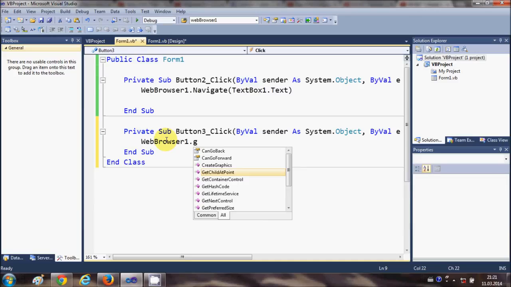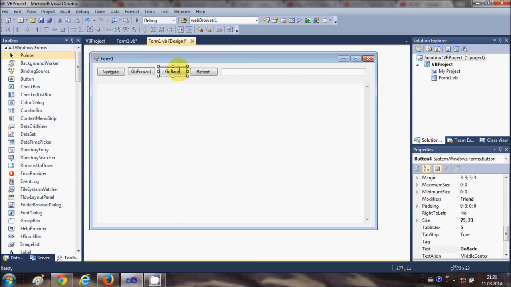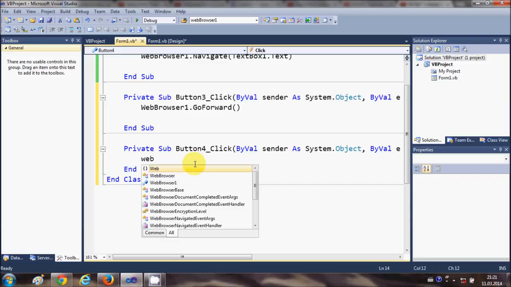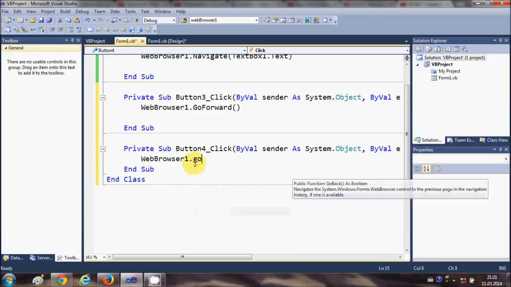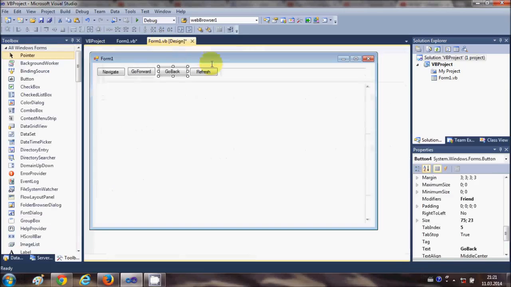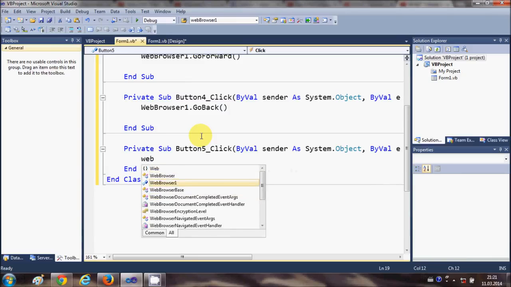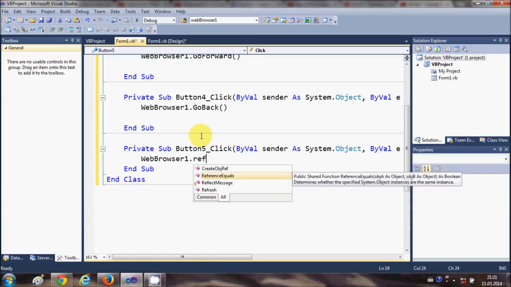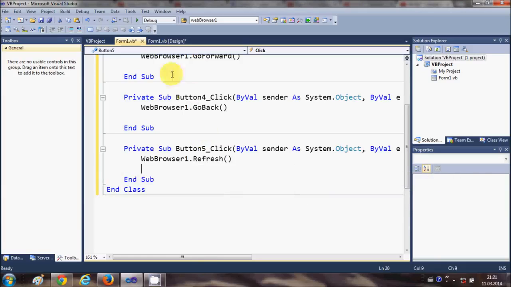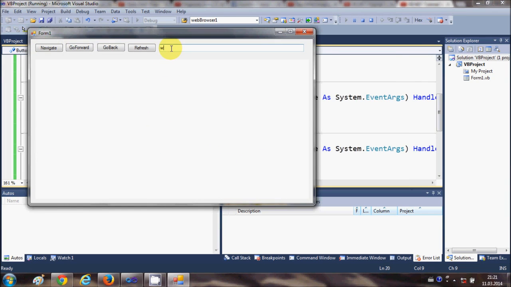dot GoForward, and in the same way I will click this go back button and I will write WebBrowser1 dot GoBack, and in the refresh button double click it and just write WebBrowser1 dot Refresh. Okay, now when I run the program, once again I'm going to write